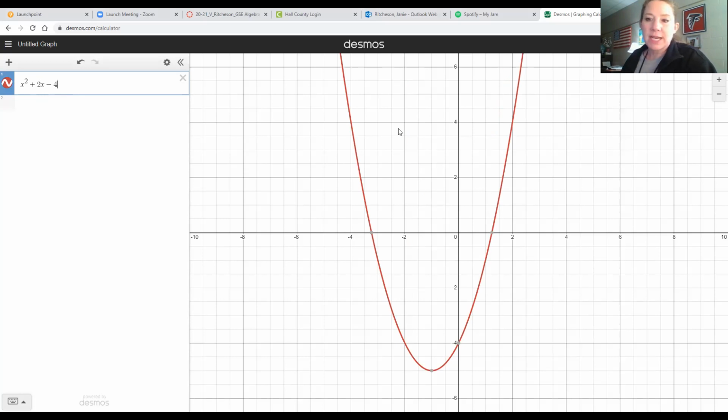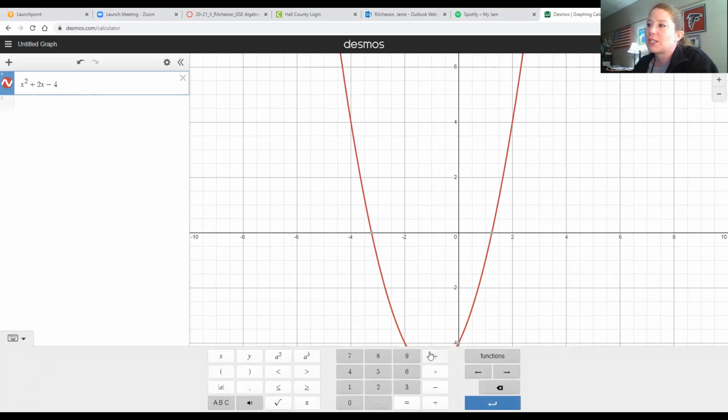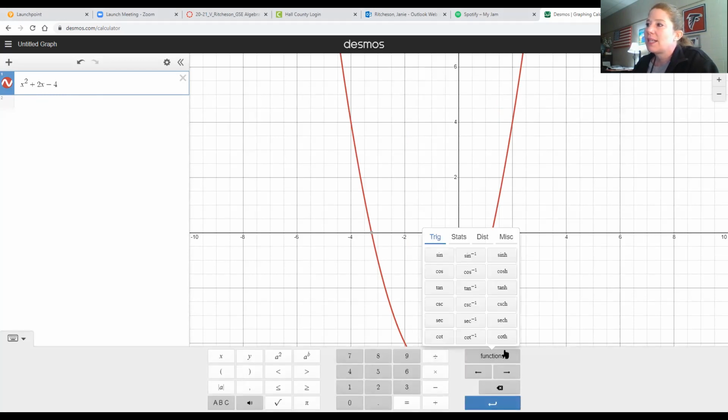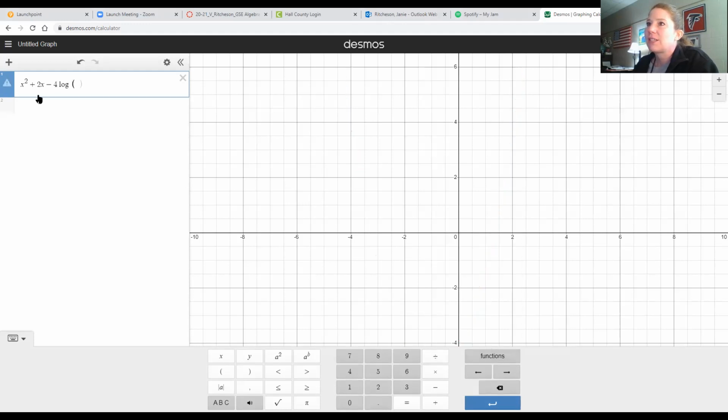So I'm just showing you Desmos. This is going to be a great resource for you guys to check your answers, make sure you're doing things right. If you just get stuck and you're not sure what a graph's supposed to look like, then go to Desmos and type it in. This thing will help you as you continue through math. It does logarithms. I mean, it has everything on here, right? You could put in a log or whatever you need to do. It has trigonometry notation,